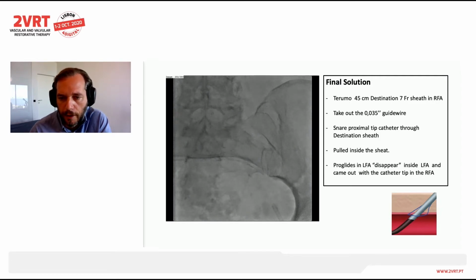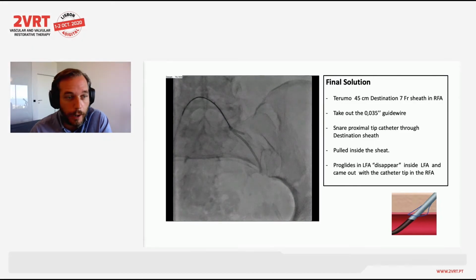We advanced the snare and snared the proximal tip of the catheter, as you can see, and it kinked in a place, and doing some pulling, we managed to put it all through the Destination sheath, and voila,